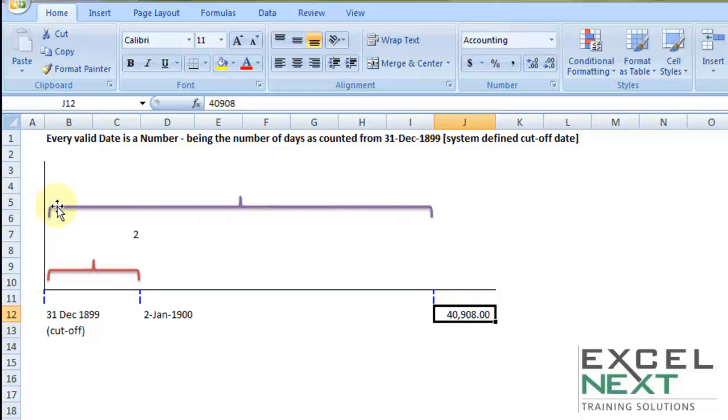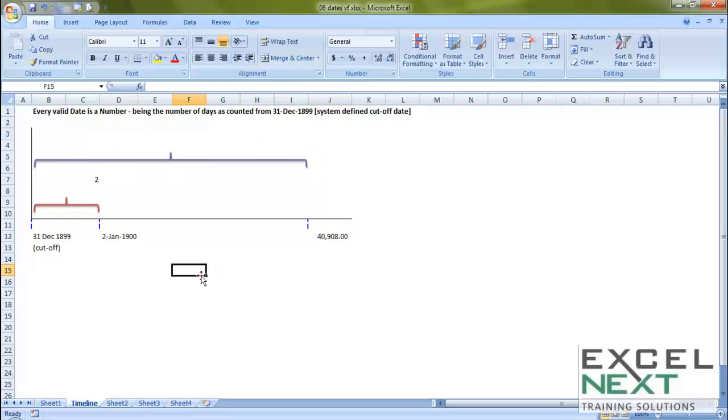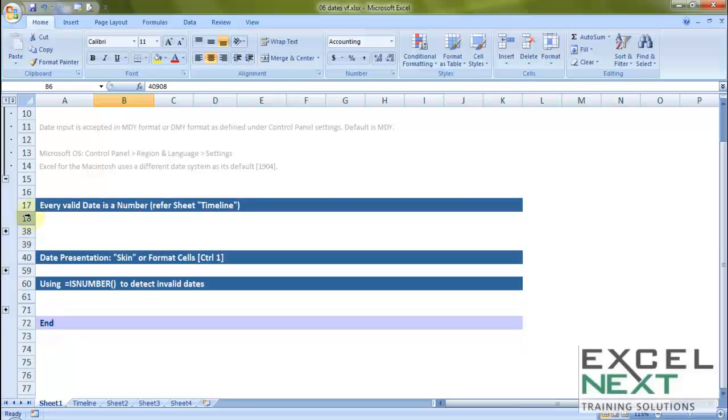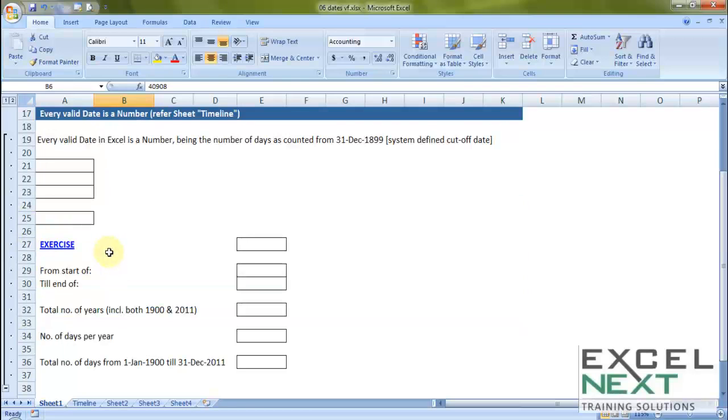This is nothing but the difference between the cutoff date and this second date. So let me verify that. Let me help you verify that in sheet 1, where let me go to 18th row and click on this grouping. With a quick experiment, we will verify how is that 31st December 2011 turning to some 40,000 plus days. Let us say my cutoff is 31st December 1899 and I can easily say that 1st January 1900 is also not very far from the cutoff date of 31st December. Okay. And till end of, we are trying to look for 31st December